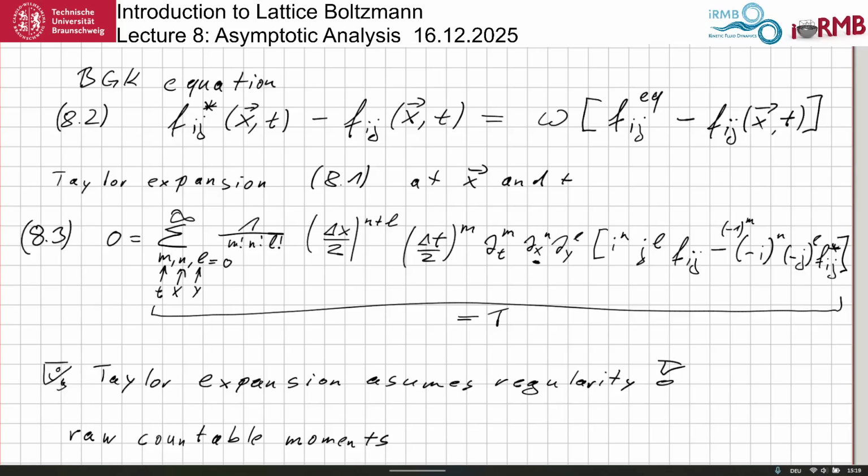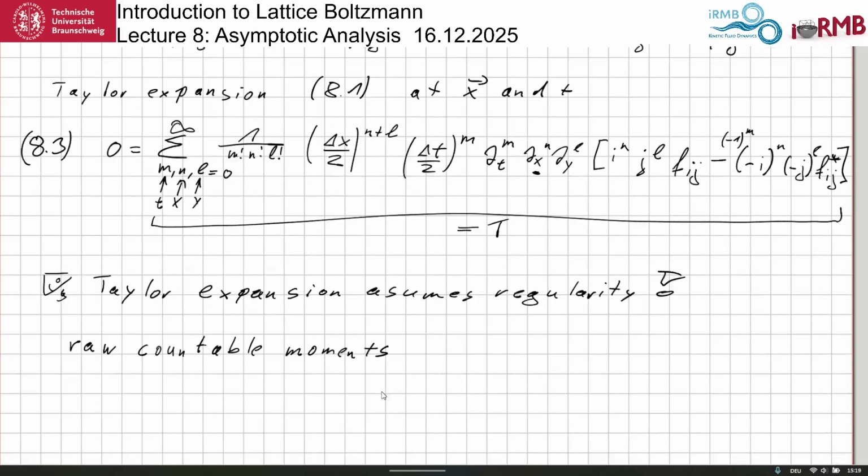I sometimes observe very good and interesting students seeing this and thinking, okay, let's do this in central moments instead. That doesn't work. So don't try to get too clever. I can later explain why it does not work, but it works with raw